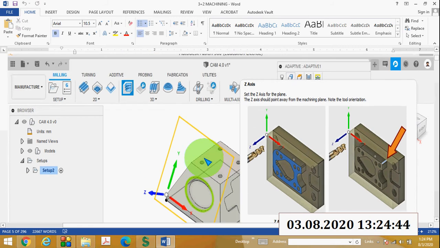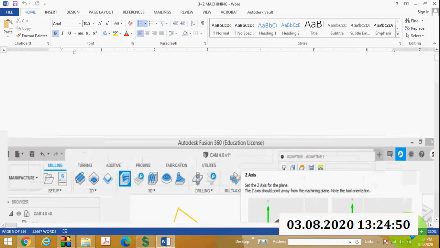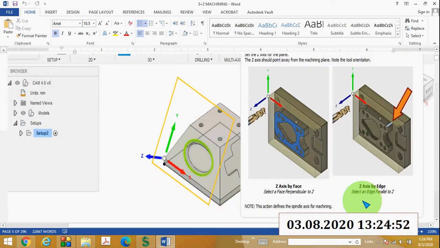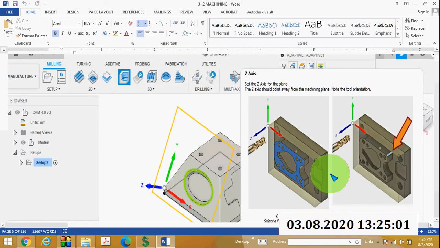Then we already fixed the Z axis. You can fix the Z axis by face or by edge. You can see an example like this.